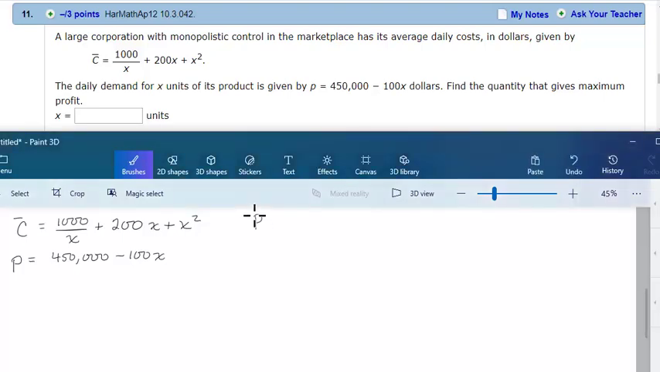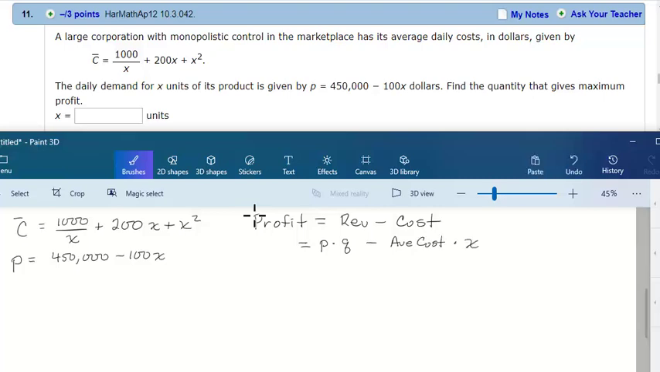So the first question on all of these is, do you have the function that you're being asked to analyze? In this case, no, we were not handed a profit function. So we'll have to build it. Profit is revenue, take away cost. Do we have a revenue function and a cost function? No. We have a price function and an average cost function. So revenue is price times quantity. Cost is average cost